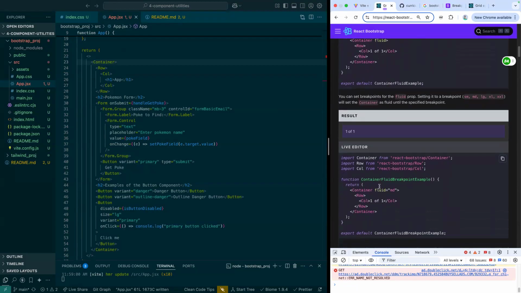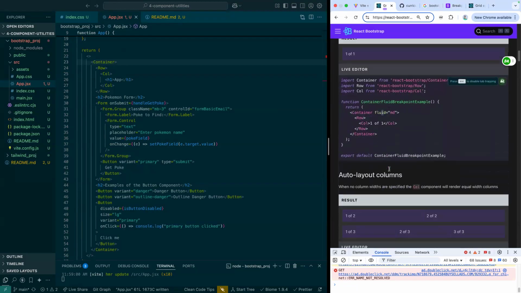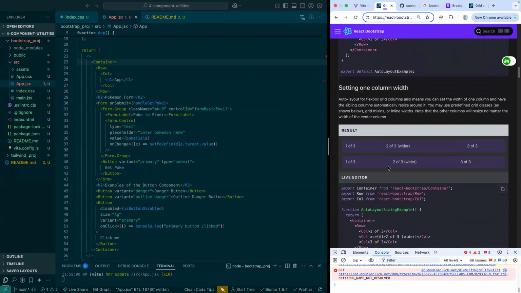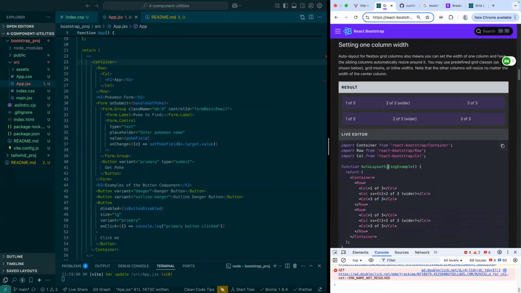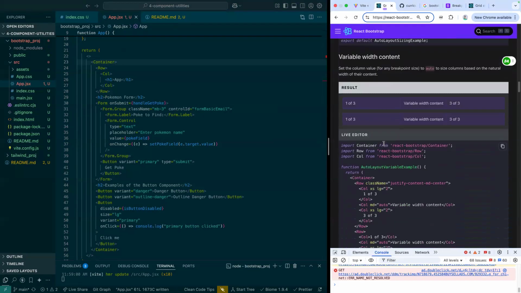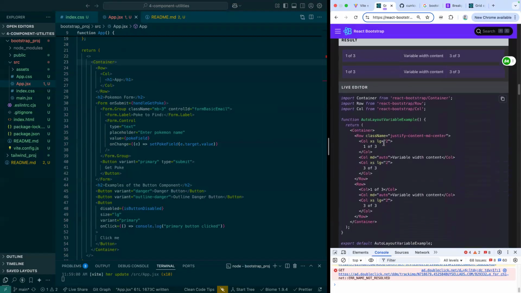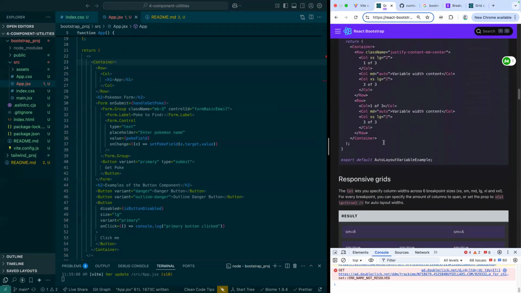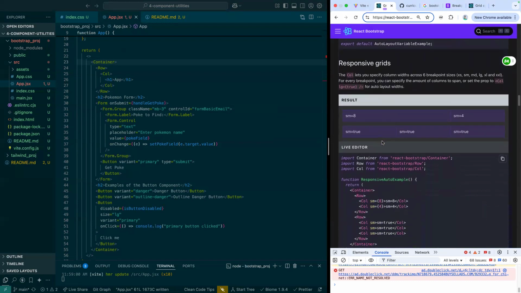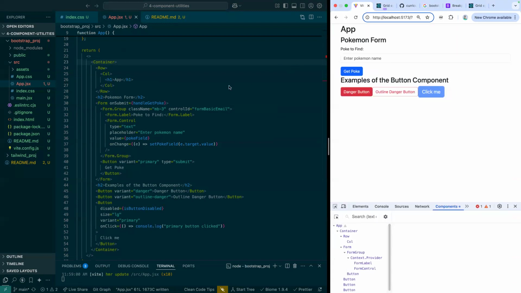Fluid is the big one, which we can set for different breakpoint sizes, and then row and column sizes as well. I'm sure there's a way to center stuff within a row or a column. I'm just not sure off the top of my head. But the defaults are pretty good because everything kind of becomes responsive. So as we start laying this out,